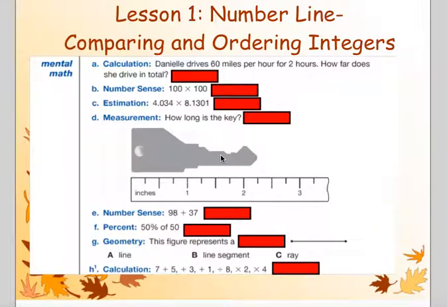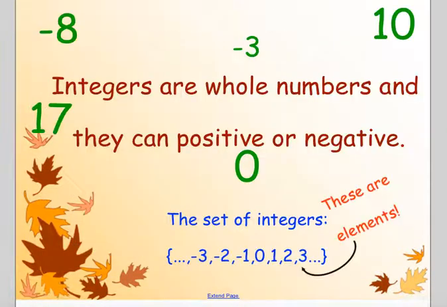Course 3, Lesson 1 is all about the number line and comparing and ordering integers. Really, just being able to look at numbers and see where they fall and how they compare to other ones. Are they bigger, smaller? What is happening? So if we look at our different sets of numbers, the first one that we need to look at is